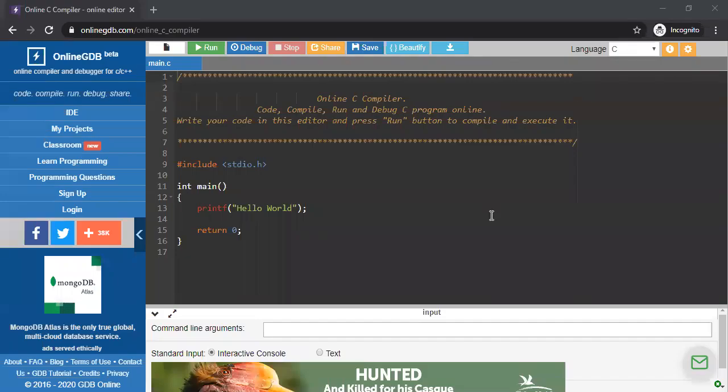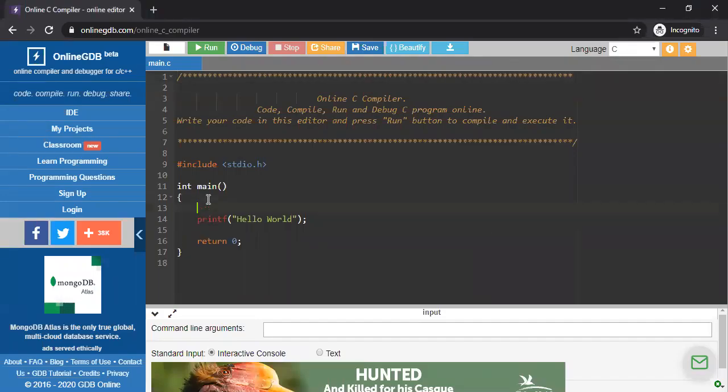Now I initialize a counter here, which is an integer type of counter. int count is equal to 1. So I am initializing my count variable with 1. See, think about the flowchart. First is initialize.